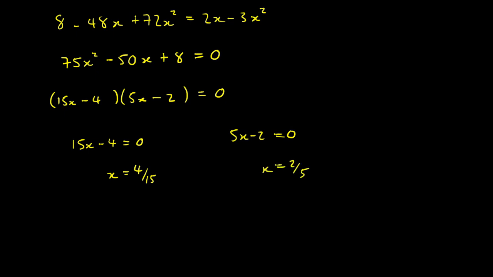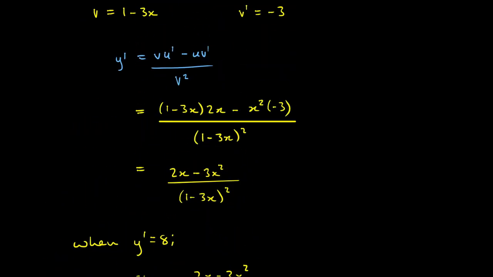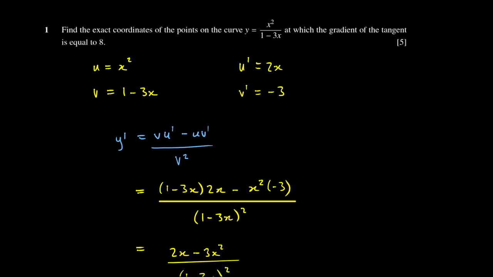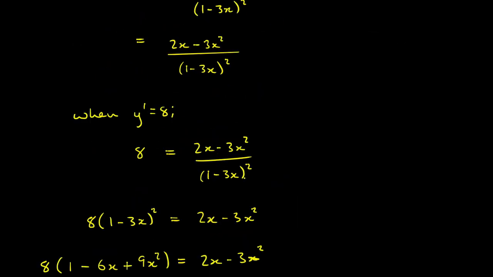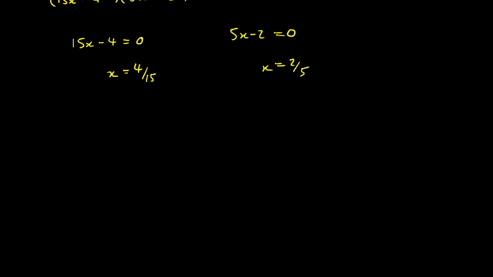So these are the two x coordinates. But if we read the question very carefully, the question says find the exact coordinates, not just the x coordinates. We want to find the y coordinates as well. So the function is x squared over 1 minus 3x, right? So the function is y is equal to x squared over 1 minus 3x. So we can say that when x is equal to